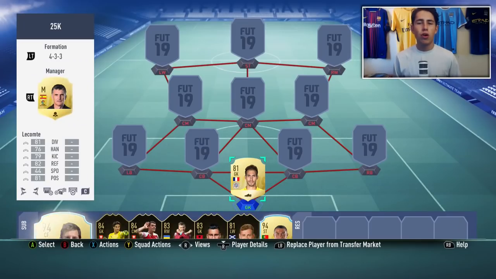Starting off in goal, I've gone with LeConte from Montpellier. He's got a really good, well-rounded card for a keeper with all the right stats you want: good diving, handling, kicking, reflexes and positioning, and he's pretty tall as well. What more do you need? And for the price of around 700 or 800 coins, you're not going to find many better options